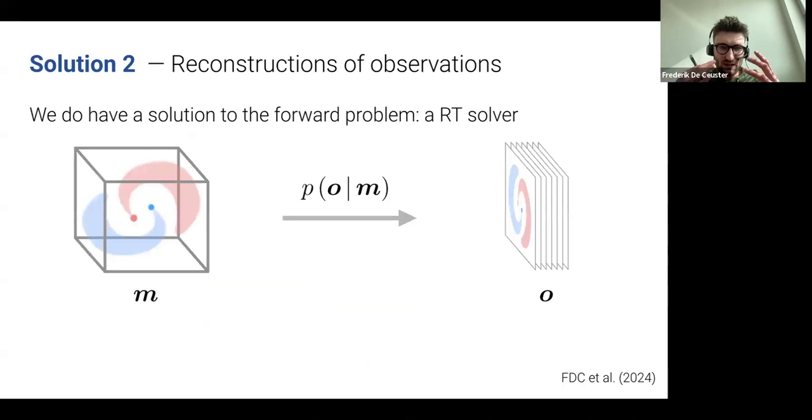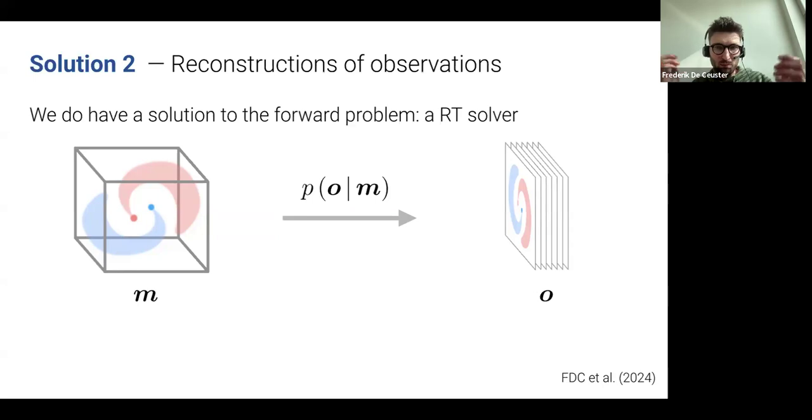We wanted to do this in as general a way as possible without making too many assumptions. So how exactly can we now solve this inverse problem? First, we have to look at the forward problem, which we actually know quite well. The forward problem is: given a model, so given a 3D distribution of material, how can we obtain the resulting images? So these resulting images of spectral lines.